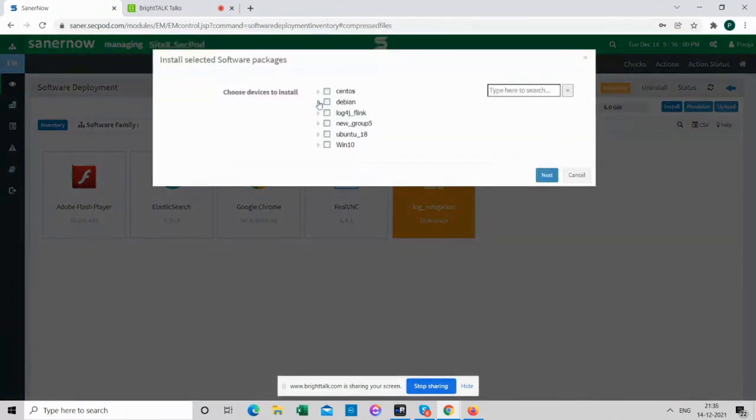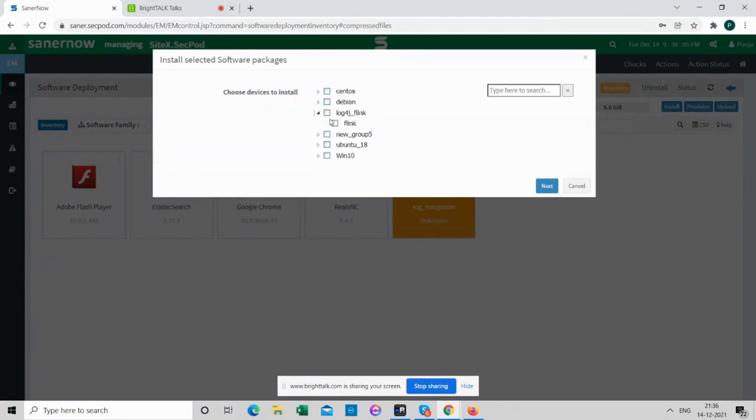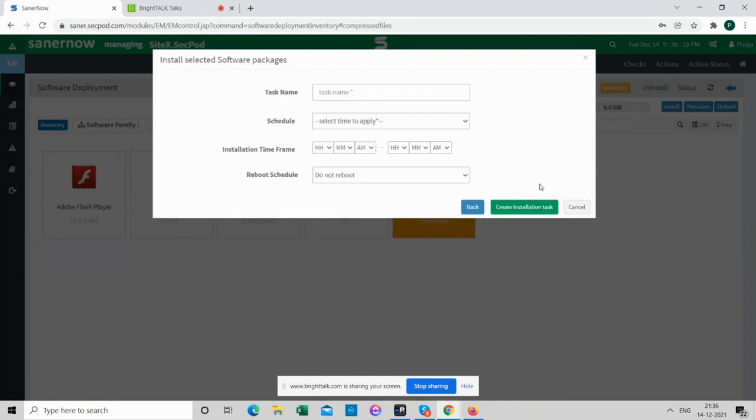Yeah, you can actually choose here. Debian has the fix. If there is any other application like Flink where the fix is not released, you can choose that, say next, and then it is just the way we set the remediation job. That is how this works as well. This is not only for zip files that are created internally by us. Even if a mitigation script is created by your team, that too can be uploaded, and the same process can be followed for installing it.